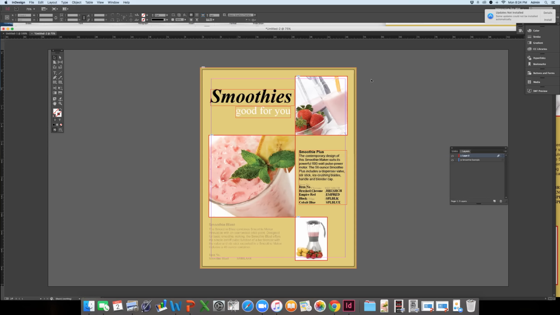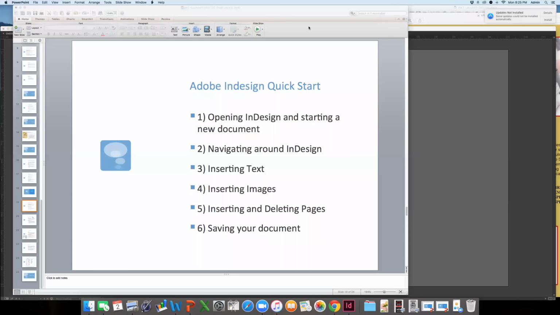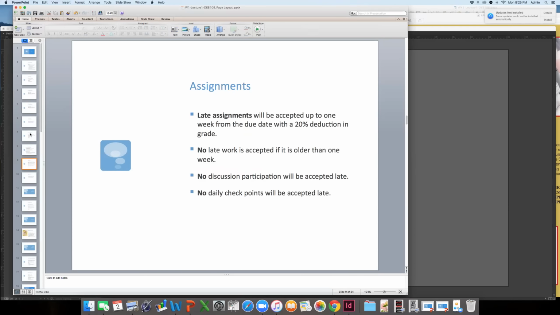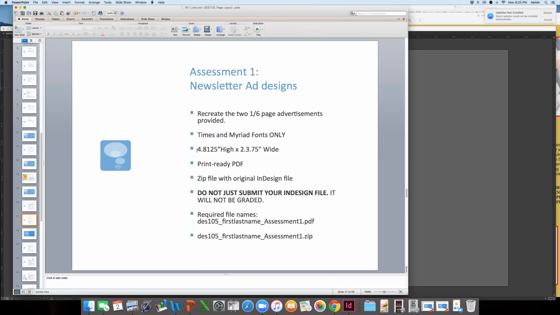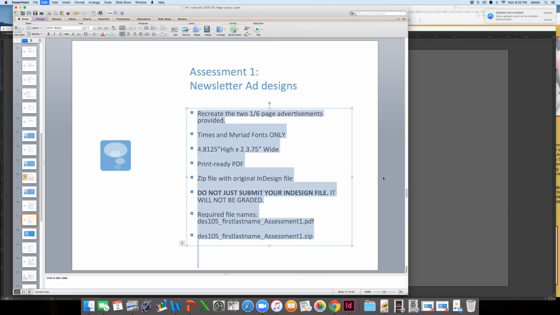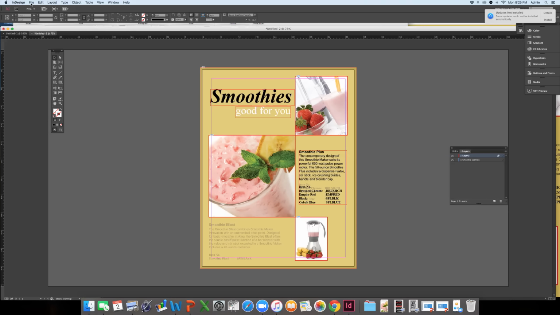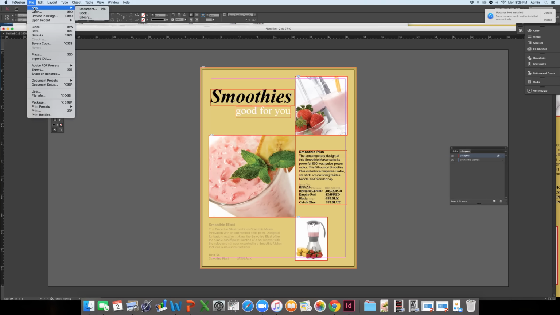All right, so the next thing we need to do are those newsletter ads, right? I believe, let me pull up, sorry, bear with me 1 second. I'm gonna pull up the dimensions. Okay. So we're gonna create a new document. If everyone's with me, go to File, New. The new dimensions are,